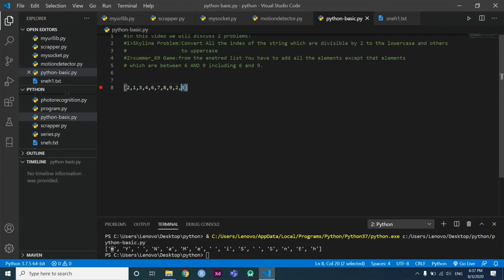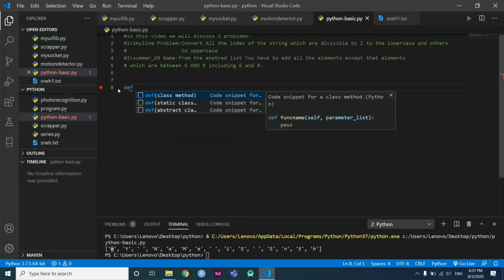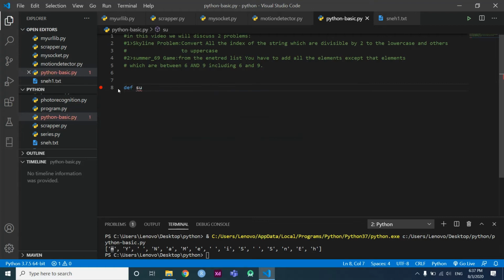Okay, so if you don't understand this question, then don't worry. We will explain this example, and at the time of explanation, you may get the idea of what we are doing. Okay, so let's start. Let's create a function, def, and the name is sum69, like this. So I'm passing a list inside. What is my list,